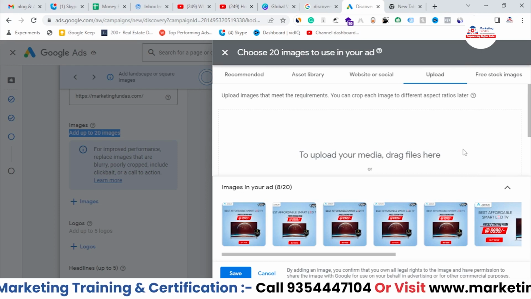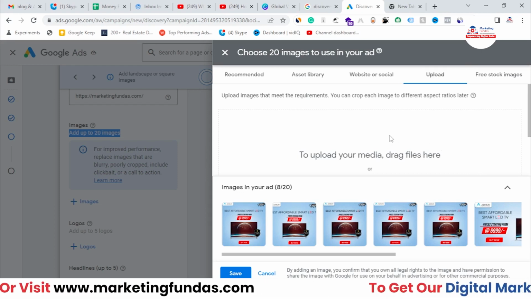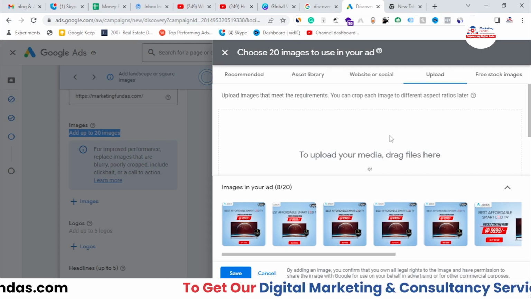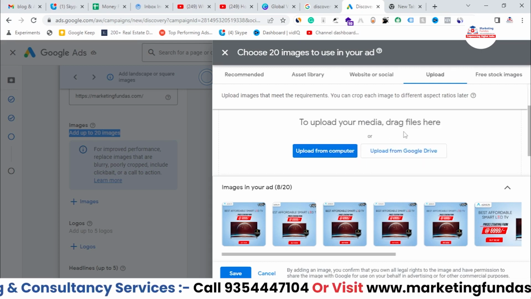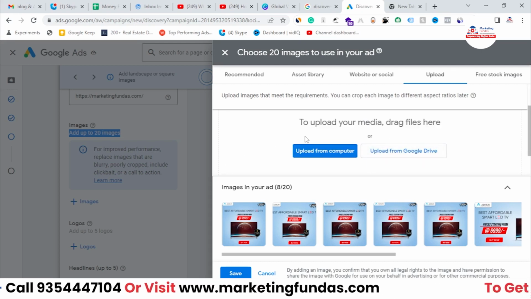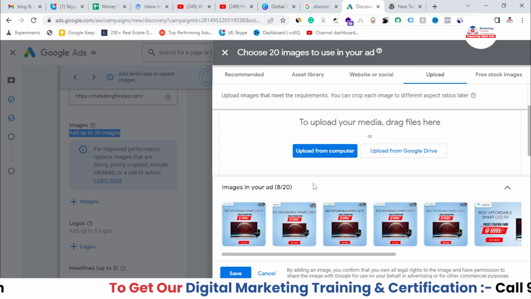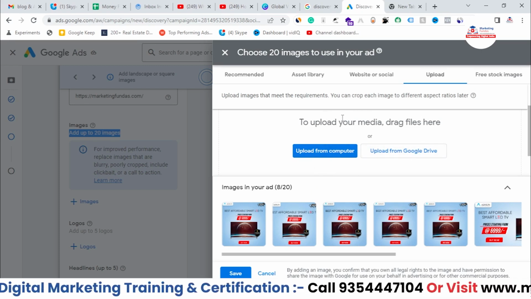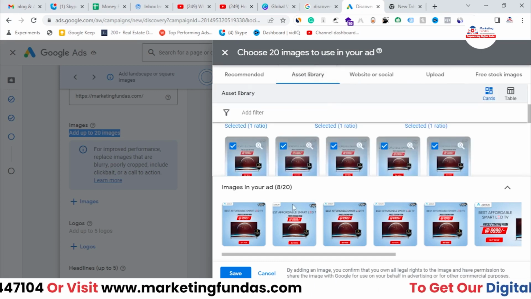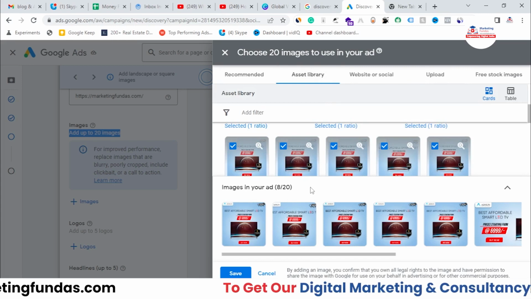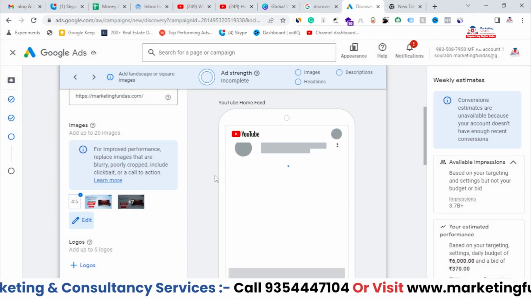Basically, to create a discovery ad campaign, you can note those sizes and create your display ads or display creatives on the basis of those sizes, right? Once you are done with the creation, you can upload those display creatives here from your local storage or from your Google Drive, right? And once that data has been uploaded, you will be able to see it in the asset library, right? So I have selected 8 out of 20. This much would be fine